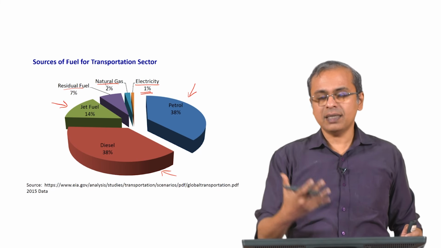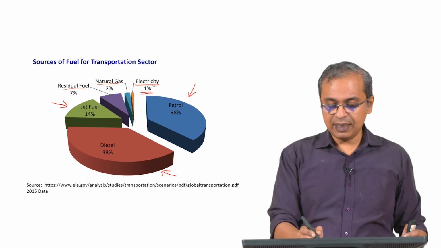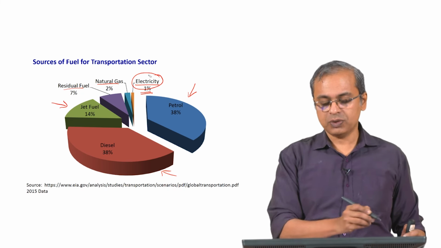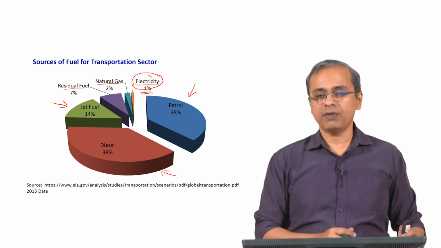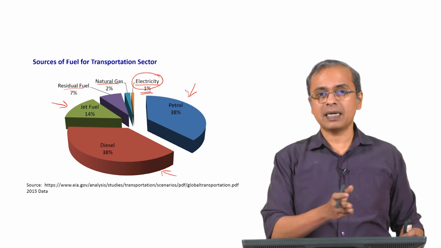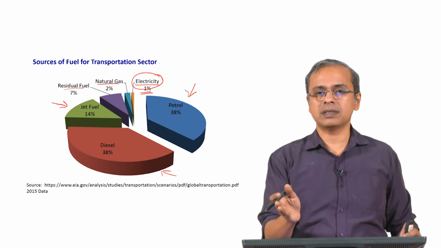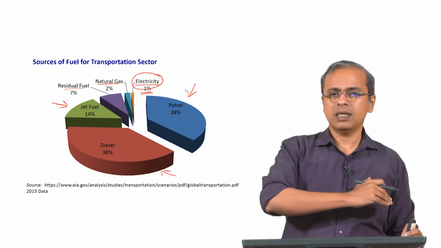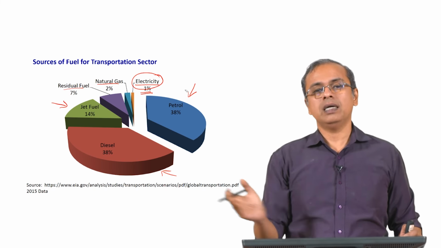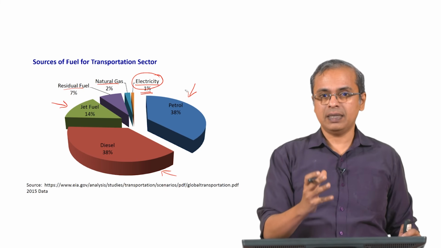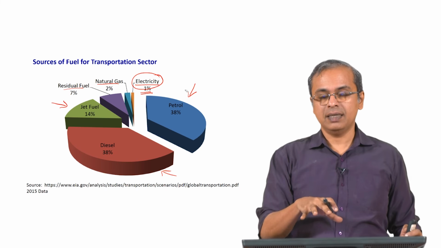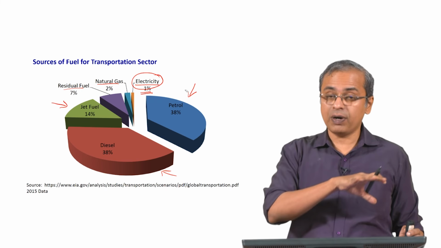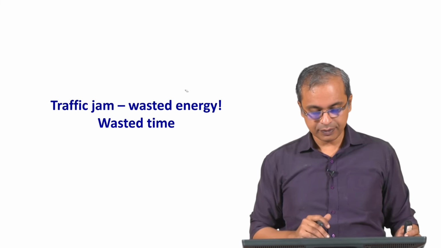So as the sector grows, if you make a difference here in terms of how electricity can be used in the automotive sector, you are making a huge difference. If this 1% can climb to 10%, that is a massive difference, and that also represents a scope for that industry. It means it is not saturated, there is such a vast room for it to grow into. So that is the promise of the non-conventional energy in this sector, but it is not yet there, it is far from there, it is only at 1%.